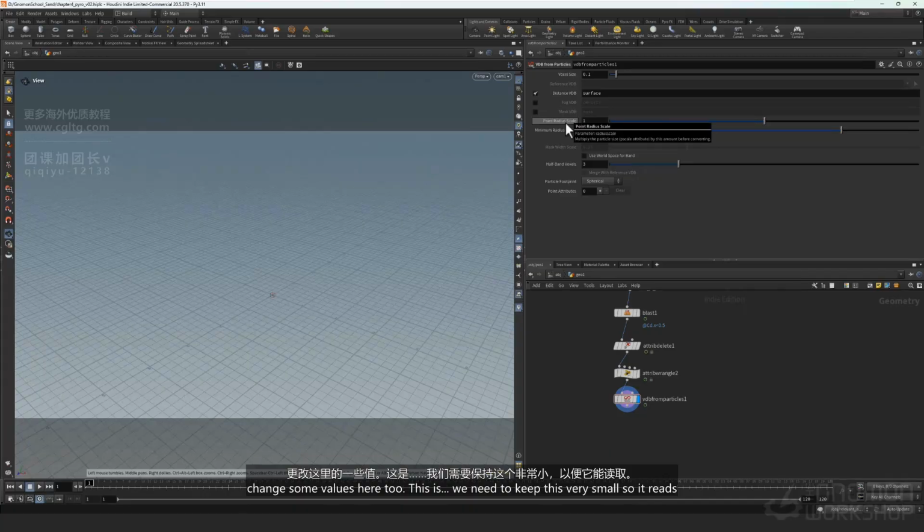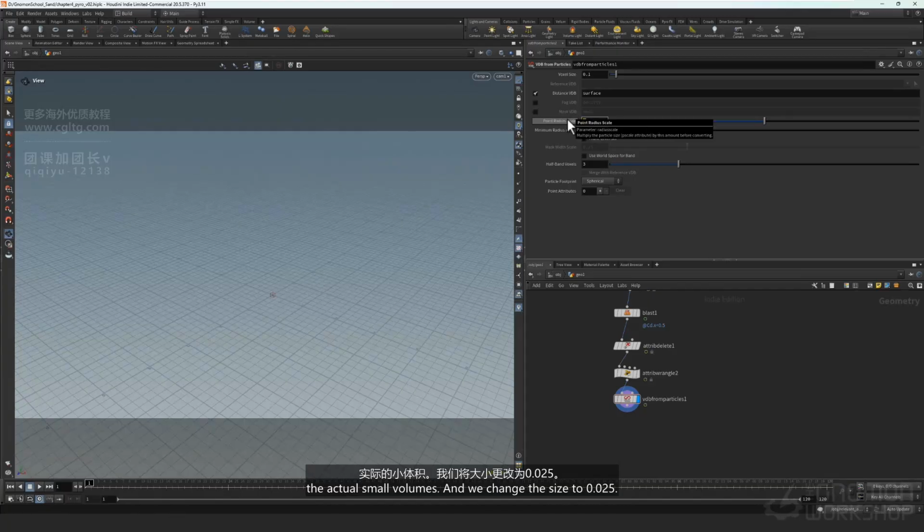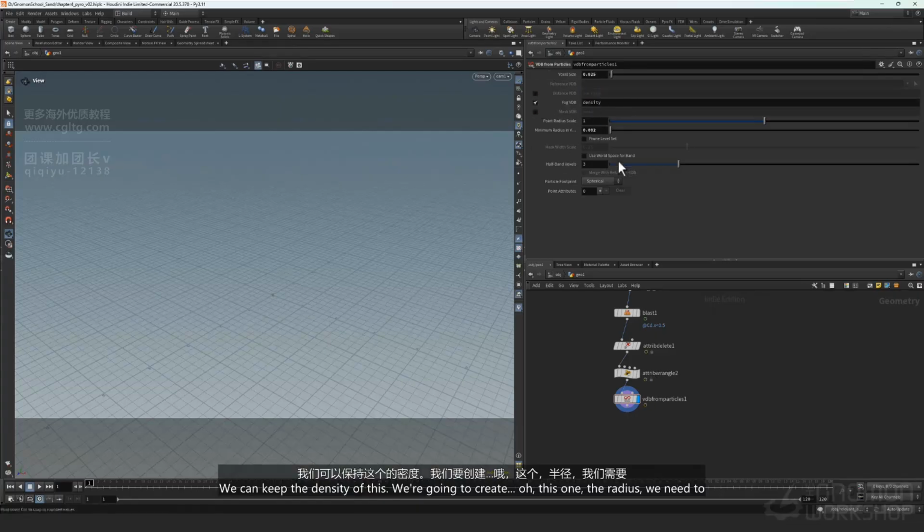We need to keep this very small so it reads the actual small volumes. We change the size to 0.025. We can keep the density of this. We're going to change the radius to something like